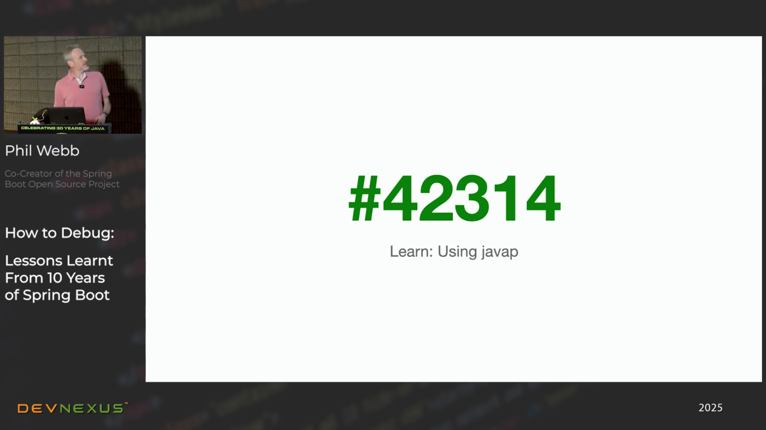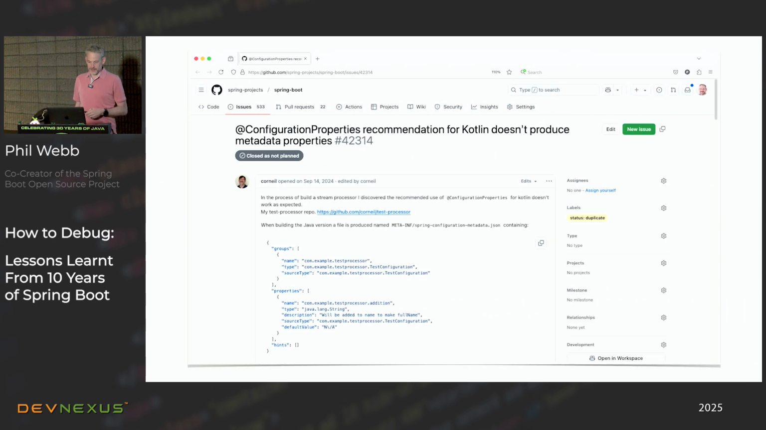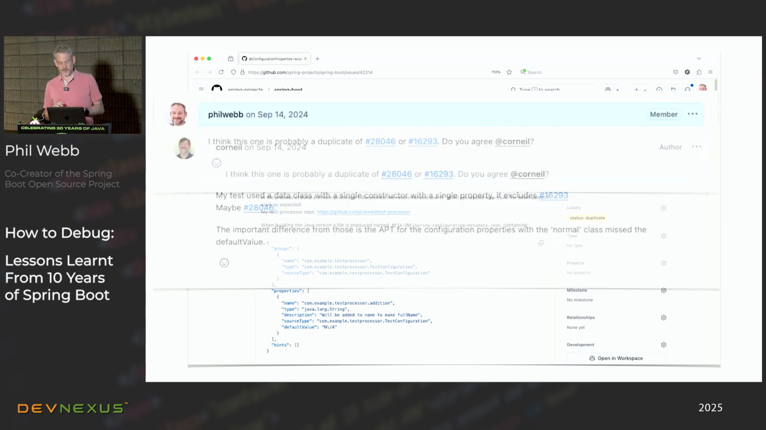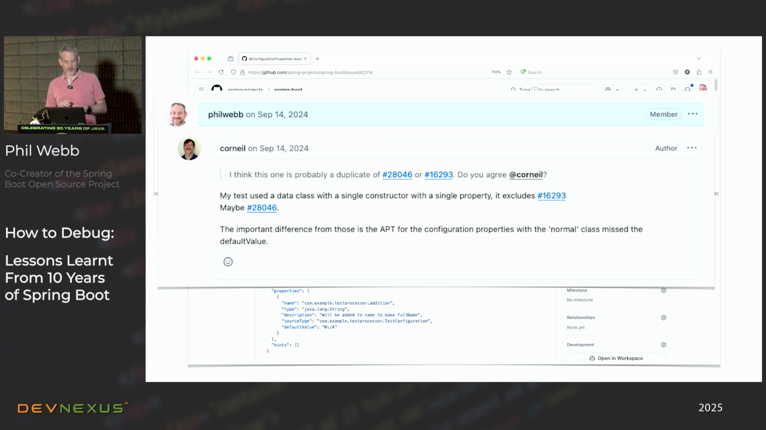Java P. So 42314. This is getting quite specialized, and I'm not sure how many people will need it, but I thought it was an interesting one to highlight. So we've got an issue, and the issue is that something's not working. And I think this is a duplicate of one of these other 2 issues that we've already fixed. And the response we get is,